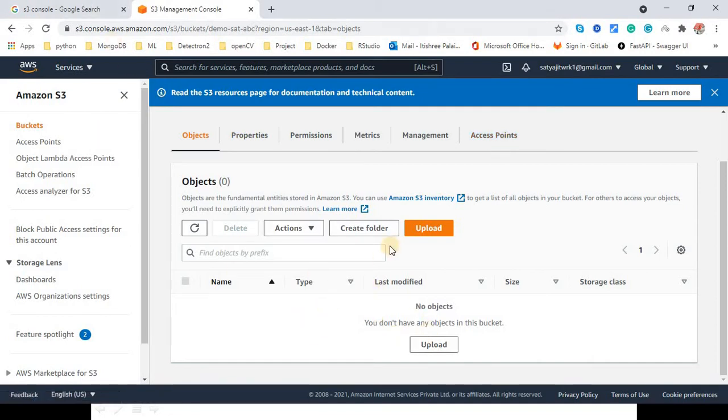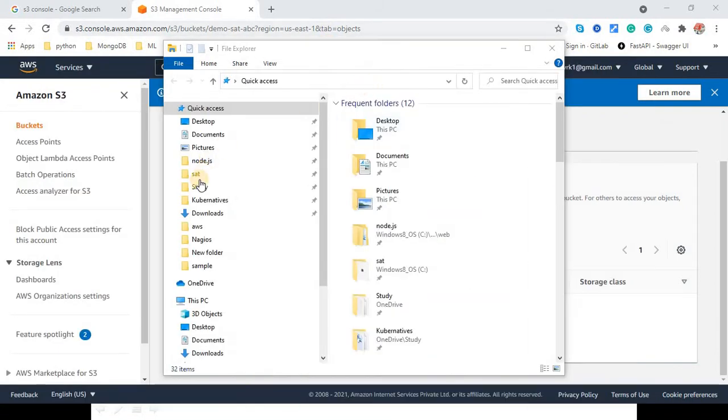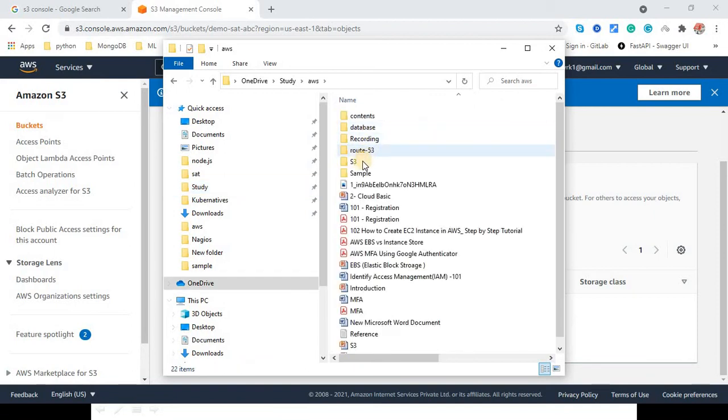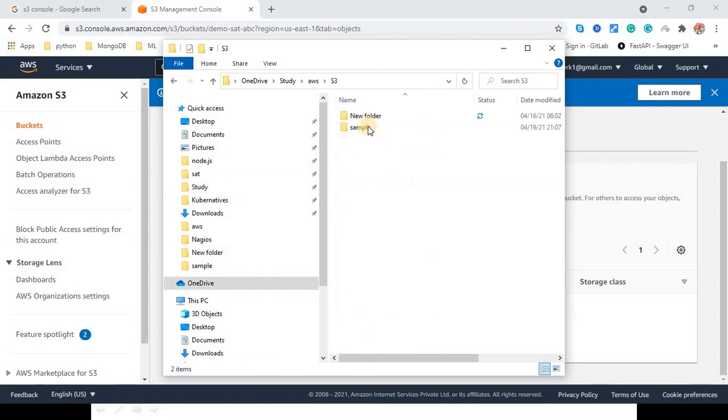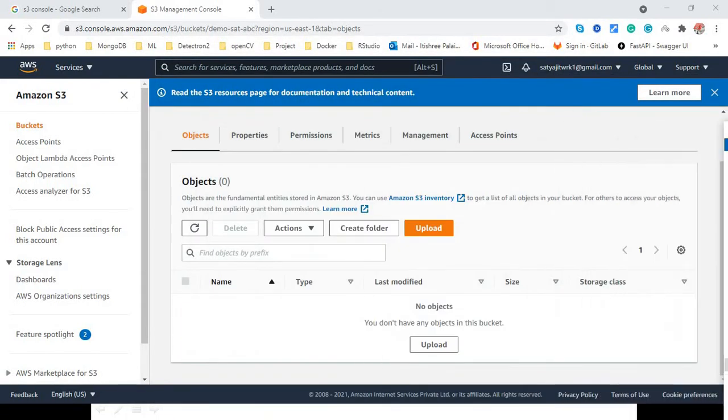So now let's go and upload a file. Just give me a second. I have some sample files, okay, my sample files are here. I will try to upload some of the files. Let's choose the upload option.